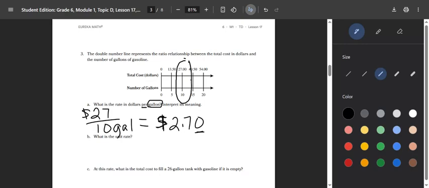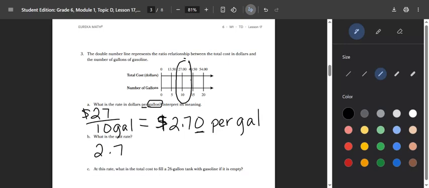So the cost is $2.70 for every 1 gallon of gas, or per gallon. $2.70 per gallon. And our unit rate there is 2.7, because what you're going to do now is use 2.7 to determine the cost